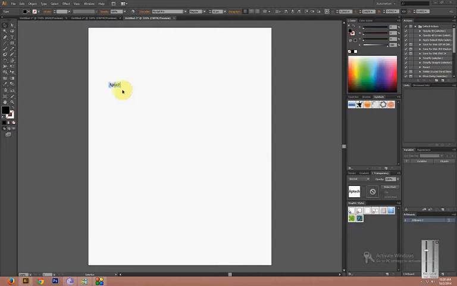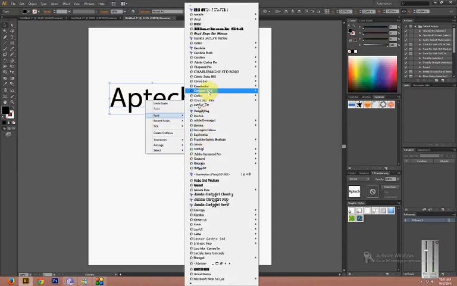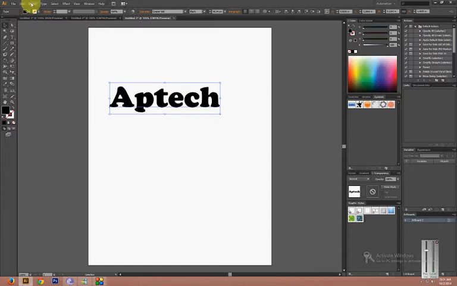Okay, so we wrote the app tag. Now I like this. So right click on the font, you can change the font. Whichever font you want, you can change to that font. Okay, now again you go